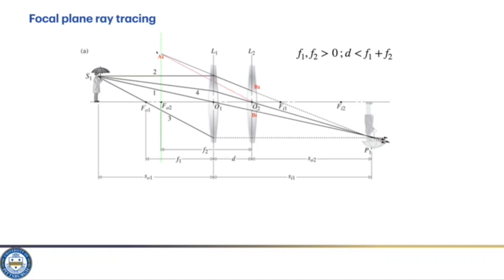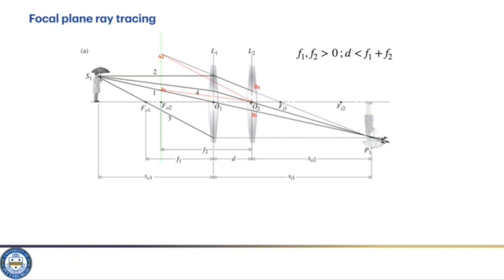And I also draw a line from A2 down to the center of lens L2, just as I did for the focal plane ray tracing in the earlier case when D was greater than F1 plus F2. Similarly, if I were to trace ray 1 back, it's going to intersect right here at the point A1. And I also draw a dashed line here, which is the line that goes from A1 to the center of